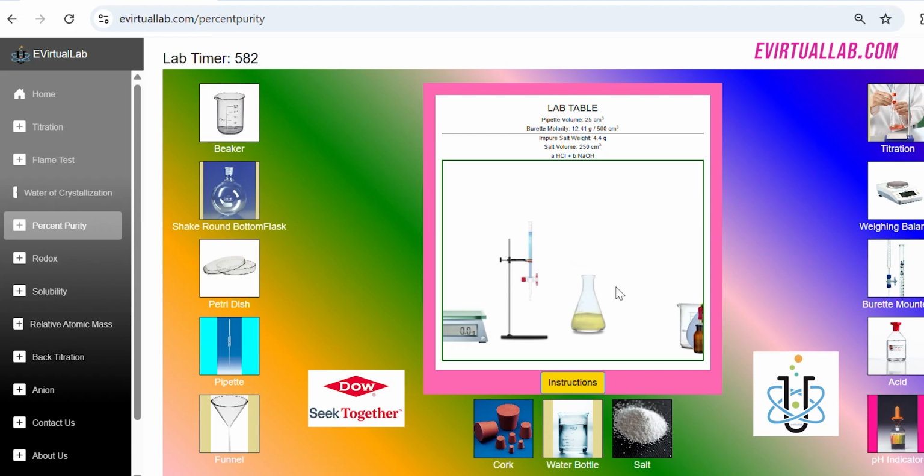So we pick the titration to start our titration. We pick titration to the lab environment by clicking it to start the titration. So once that is done, it won't start until we click the button. We click the button to start the titration experiment. So we click the start button